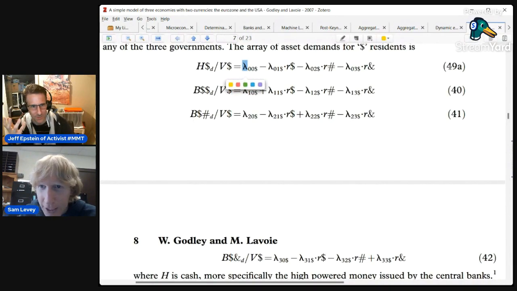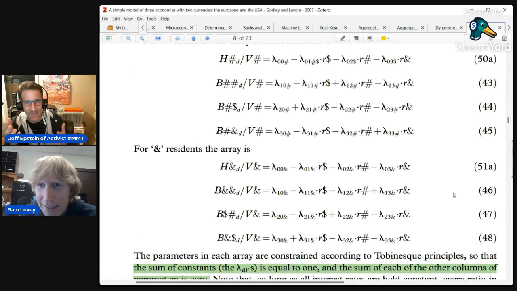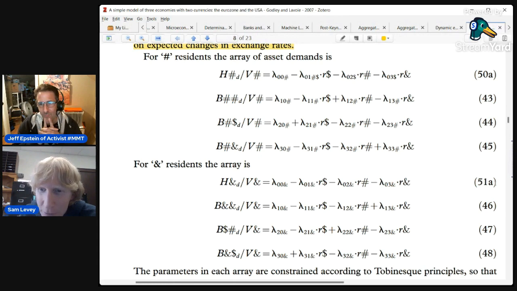This is weird. Okay, 49A to 42. I don't know why it's numbered that way. Yeah, that's a mistake. I don't think it's a mistake. I think they come back to these equations later. But so then we've got this other set of four here, 50A, but 43 to 45, and then 51A, 46